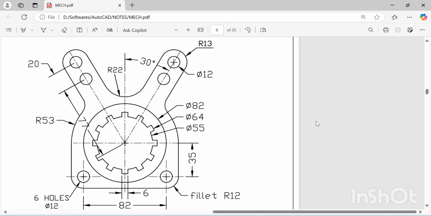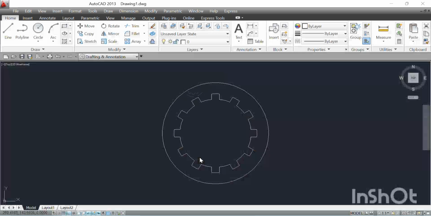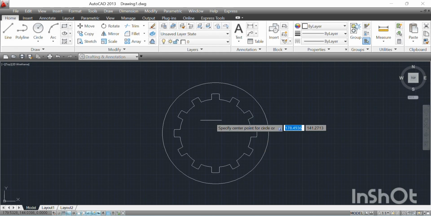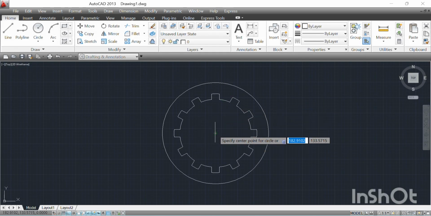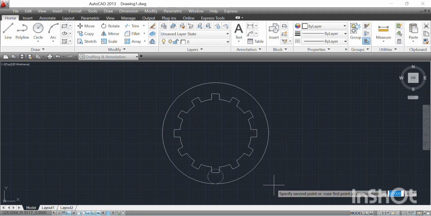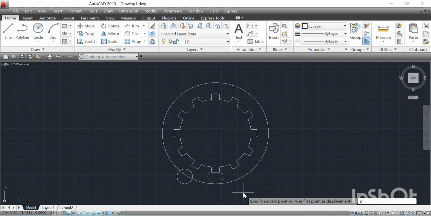The next process we will see in the drawing. We have to draw some holes of 12 dia at 35 and 82 distance. So C enter, we will draw this hole at the center point in the circle, D enter and 12 enter, and now we will move it. So M enter, select the circle and click anywhere and towards downside it is 35 and click again. M enter and this side left side